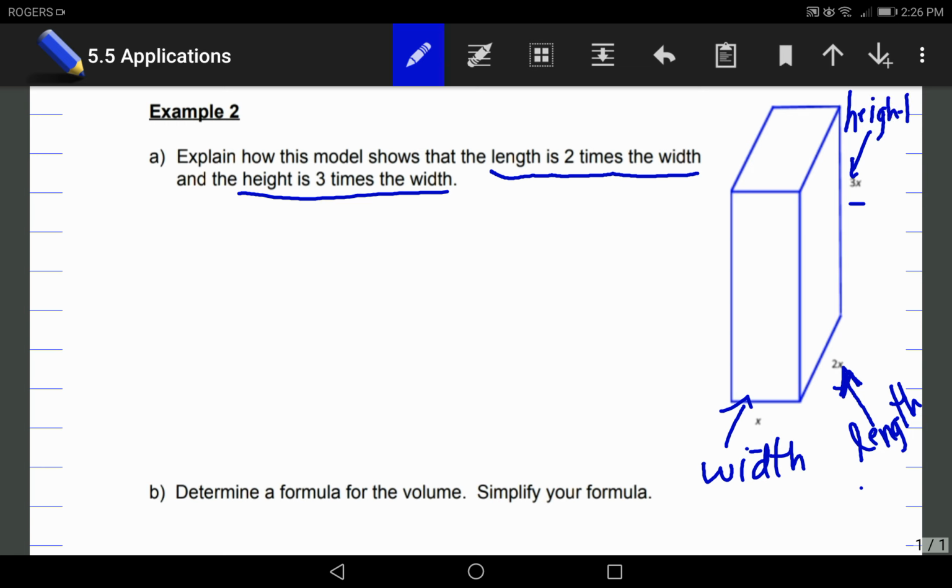So the width is always your horizontal line. Your length is kind of your depth when you're looking at a 3D drawing. Okay, and your height, of course, goes up and down. Okay, so let's answer the question. It says, explain how this model shows that the length is 2 times the width and the height is 3 times the width. Well, we can say something like, if width